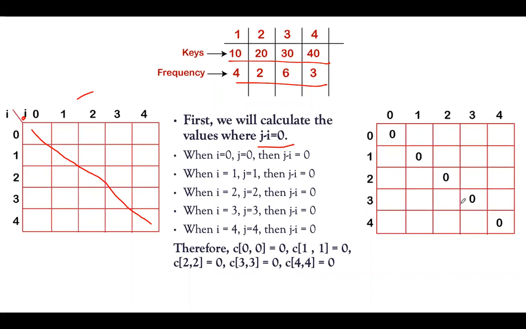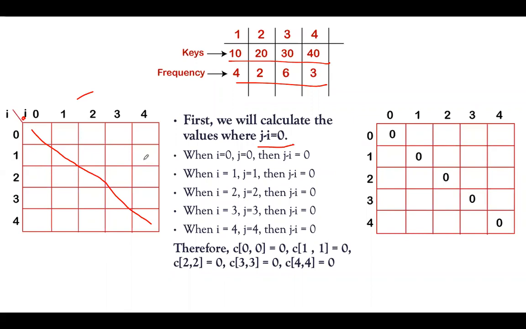So in this table we have initialized all these diagonal elements to 0. If this problem is given, most of the time they ask the same problem for the same data. In the textbook, the solution is directly written and you won't understand it. You have to solve it step by step like this. Don't write the binary tree directly from this table just because it looks simple with only 4 key values and you remember the tree. You have to write step by step.